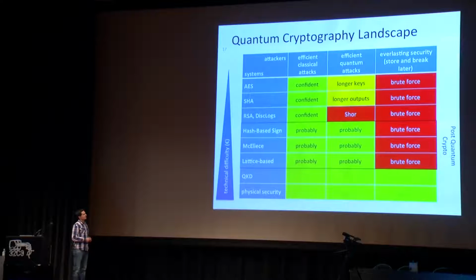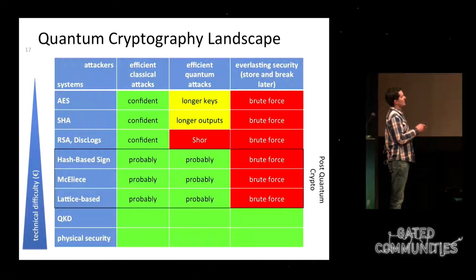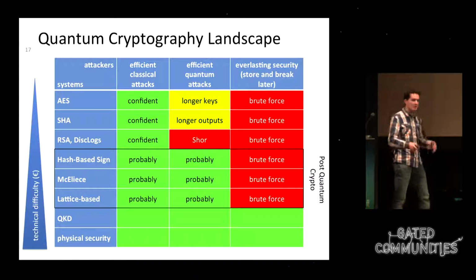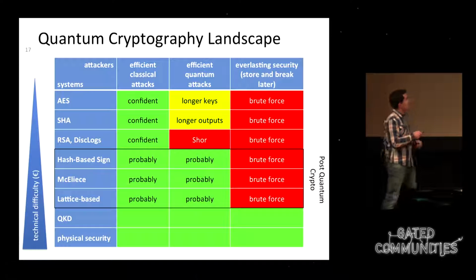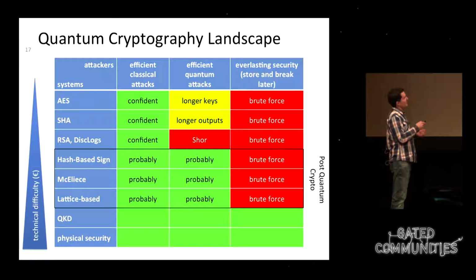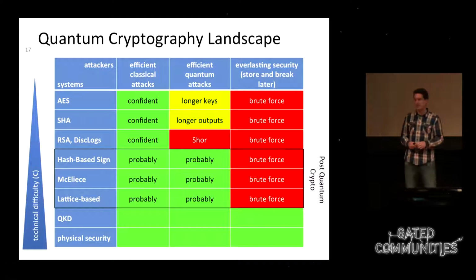So the quantum cryptographic landscape, also naming other things that have been covered here at this Congress. On the x-axis, there is the power of the attackers. I'm considering here efficient classical attackers, and by efficient, I mean polynomial time, so attackers that run within reasonable time frames. Classical ones, as opposed to quantum attackers, where they can use quantum computers, but still they have to run efficiently. And then there's the last column, which is called everlasting security,